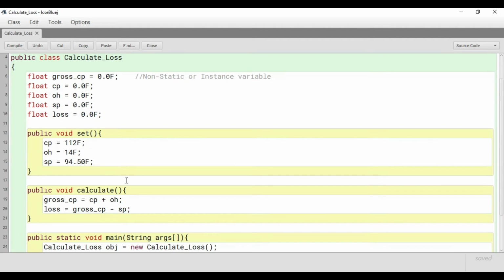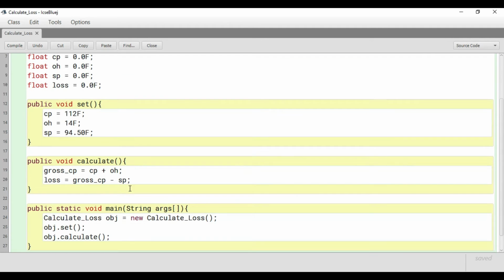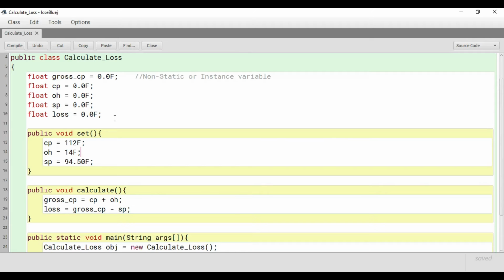But in this program, since I haven't taught you how to perform decision making, I am not checking whether it's a profit or a loss. I understand that this is a loss, so I'm simply finding the loss. But in the coming videos, you will see how to perform decision making with the help of if. Then the program will be more dynamic. Just wait for a few more videos, but go through this program very minutely so that you understand the flow of control. That is very essential at this point of time, and to understand how the program syntax goes.